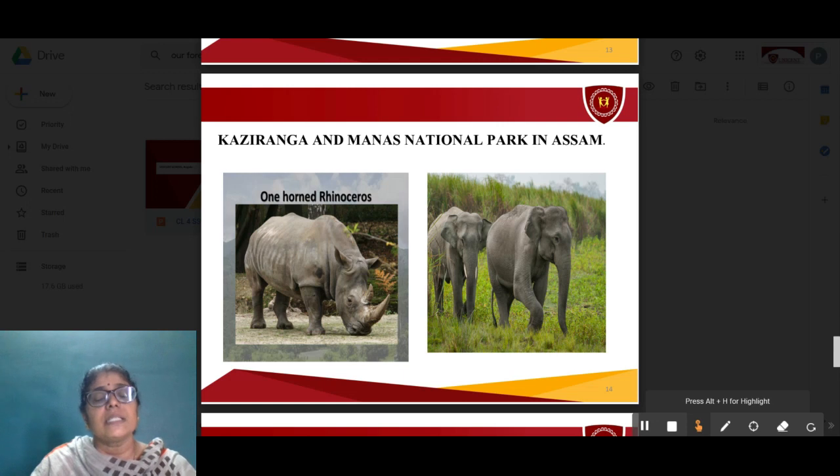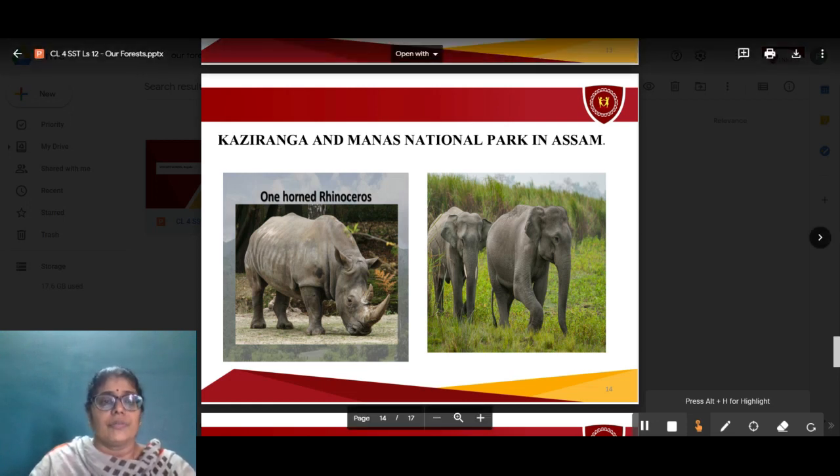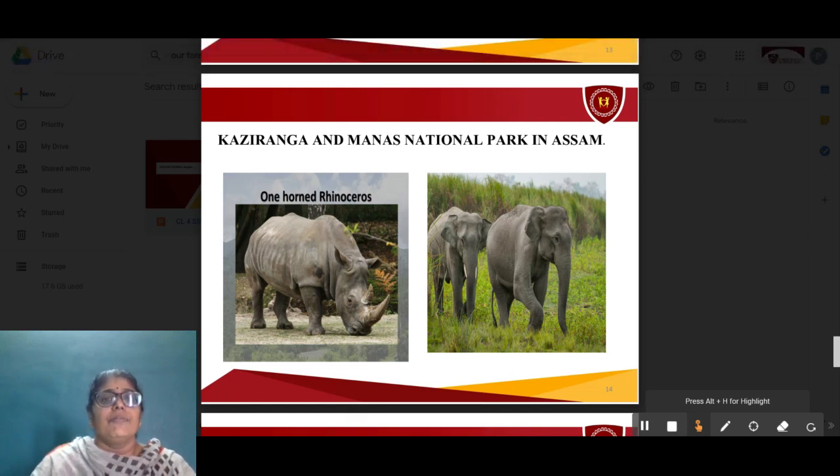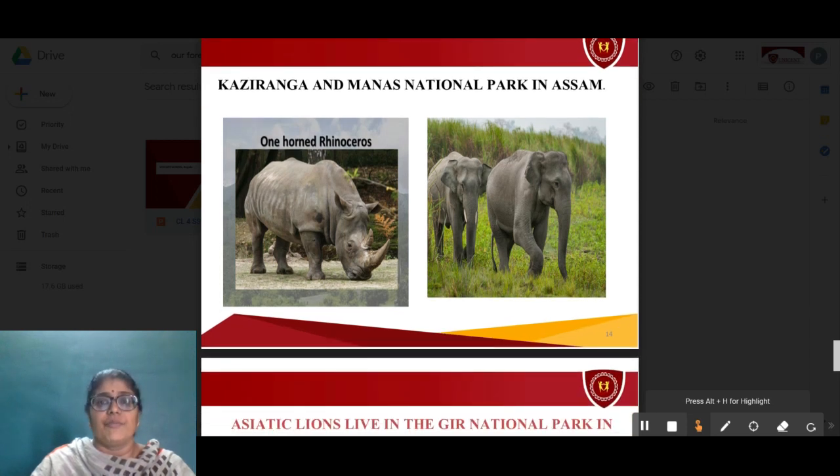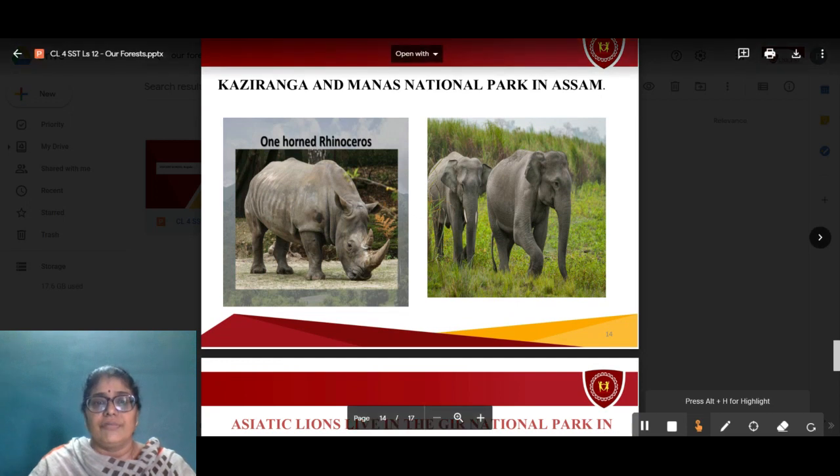Why have they set up these national parks and wildlife sanctuaries, children? To protect the endangered animals from becoming extinct, to protect the forest land, and to preserve the natural beauty of that area. We have Kaziranga and Manas National Park in the state of Assam, where we can find the one-horned rhinoceros and the elephants. Next is